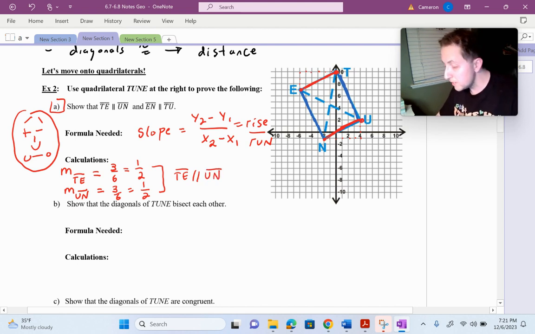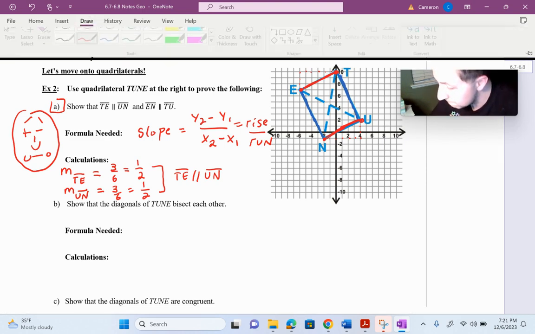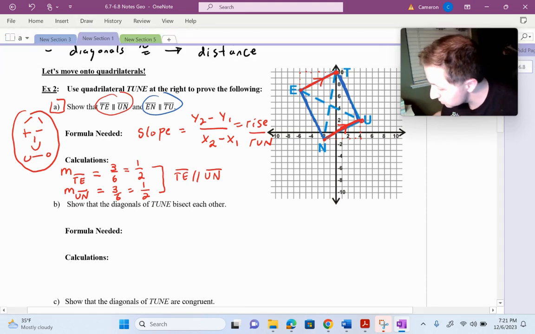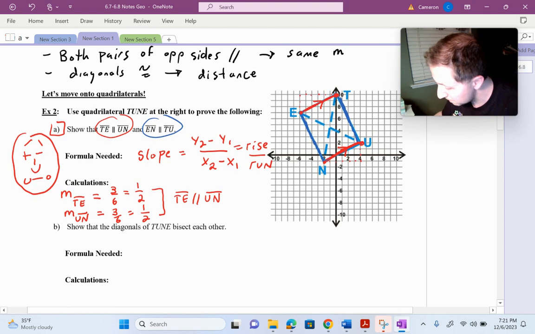Notice that I'm kind of writing the geometry that follows from that algebra that I just checked. And now I'm going to check this one in blue. So I did this one in red. I'm going to highlight, that one was red. Now I'm going to do this one in blue. I want to check that the other set of sides is parallel. So I already proved this one. I'm going to mark arrows on my shape. Those are parallel. Now I'm running out of space. Where should I go? I can fit it. I'm going to go over